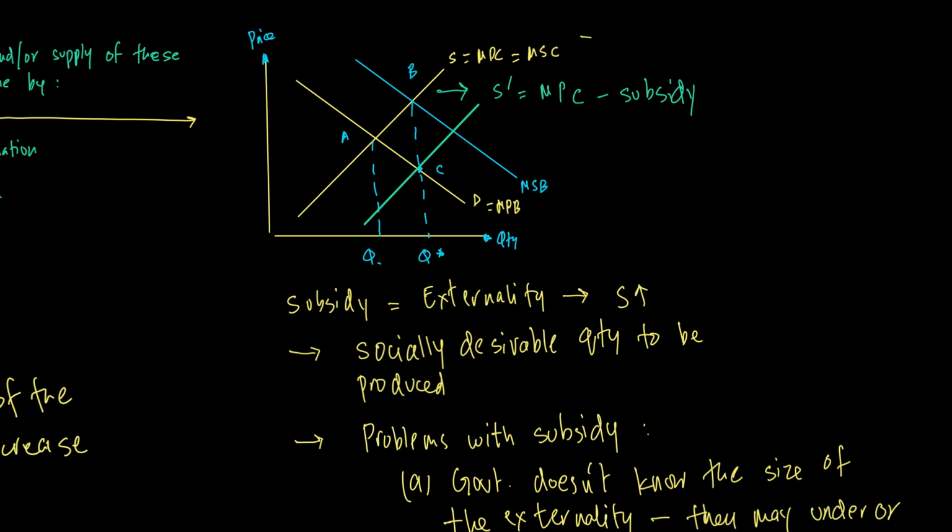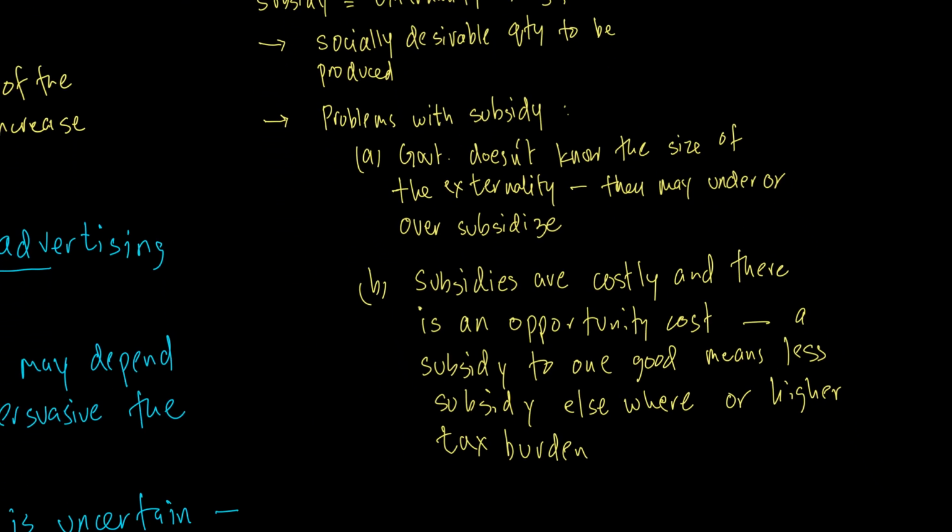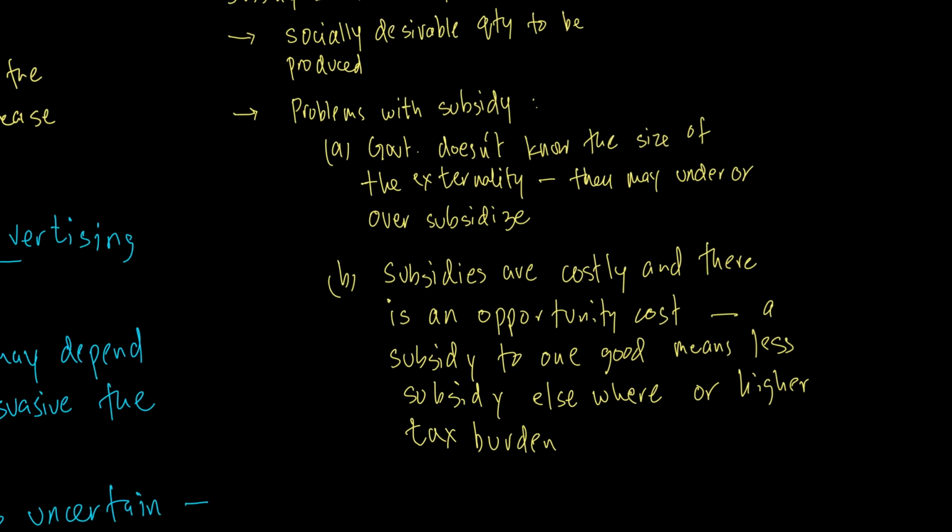Now, here the idea is that we are saying the subsidies equal to externalities. So now is the time to do evaluation, because if you look at the question, the evaluation of these policies is where you get your A star, because you are now looking at what the pros and cons of these policies are. So, the problem with subsidy is that government doesn't know the size of the externality,